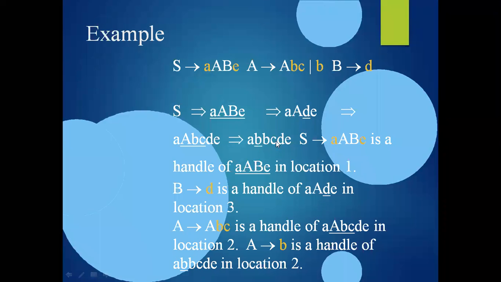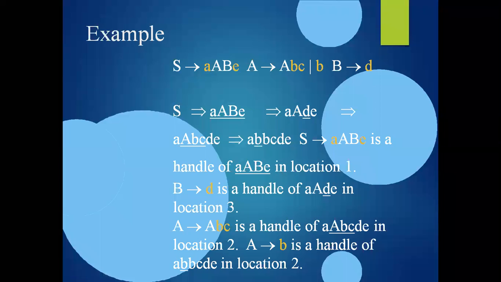Now at location 3, I have D, right? And D is defined with the variable B, so I am replacing it by B. Now it is A, capital A, B, E, and overall this is A, A, B, E. Is this the RHS of its corresponding LHS? Yes. So we get the starting symbol.